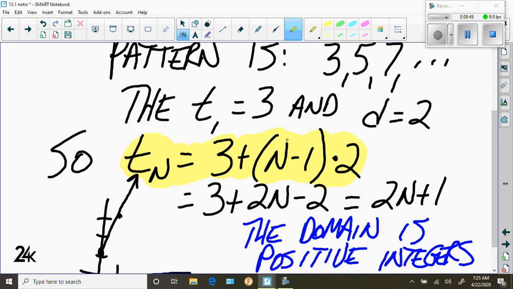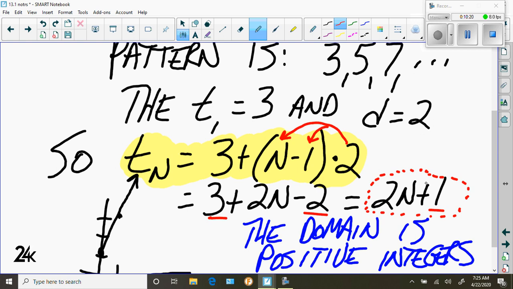So now I'm going to distribute this 2 here and here. The 3 just gets left alone. And then I'm going to combine the 3 and the minus 2, and that's how I'm going to get that 1 right there. So this is the final equation for that arithmetic sequence,